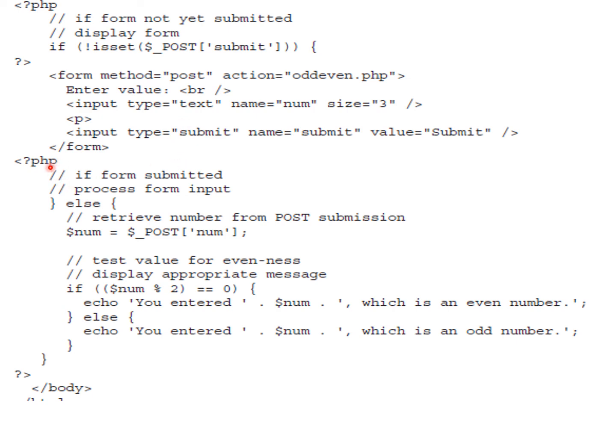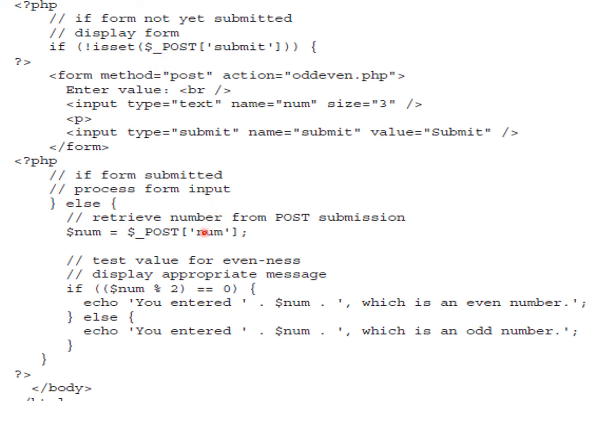Then, in the PHP section, the if section is closed, and in the else, $num is equal to $_POST['num']. If a value is entered and the submit button is clicked, the form uses the post method, and the action is oddeven.php, which is this same web page.